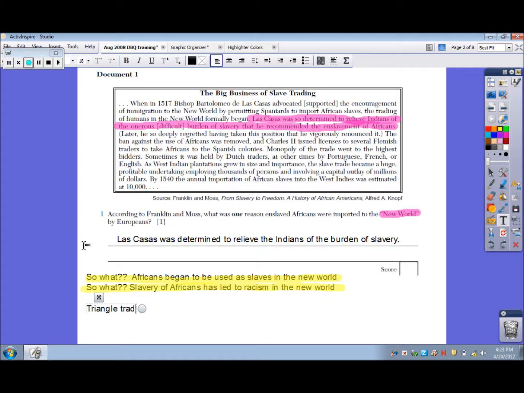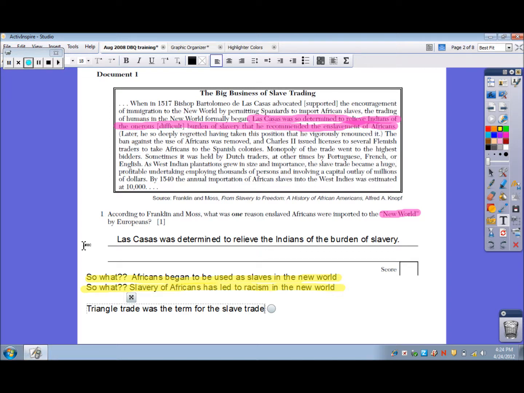Triangle trade was the term for the slave trade. That was a term where the Europeans went to Africa and bought slaves, and then they sent those Africans to the New World, where they would be put onto plantations and produce products that were sent back to Africa. And we will review that at the end of the year here, but that could be a piece of outside